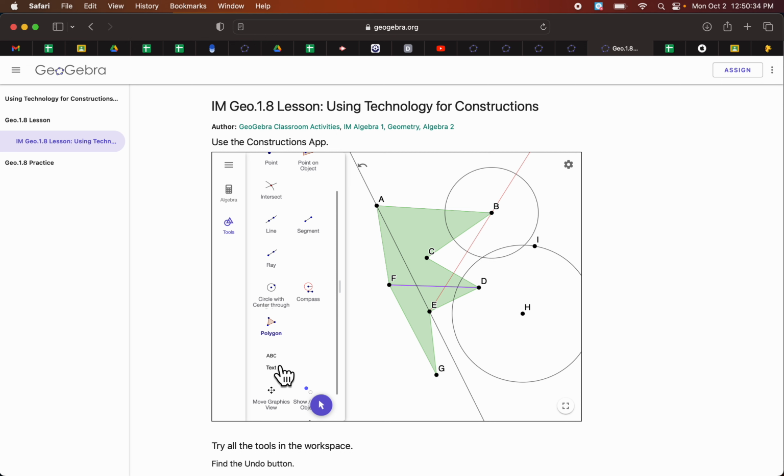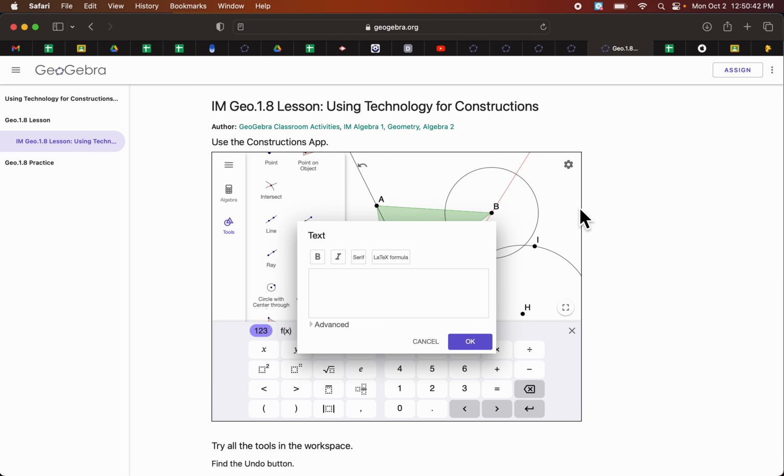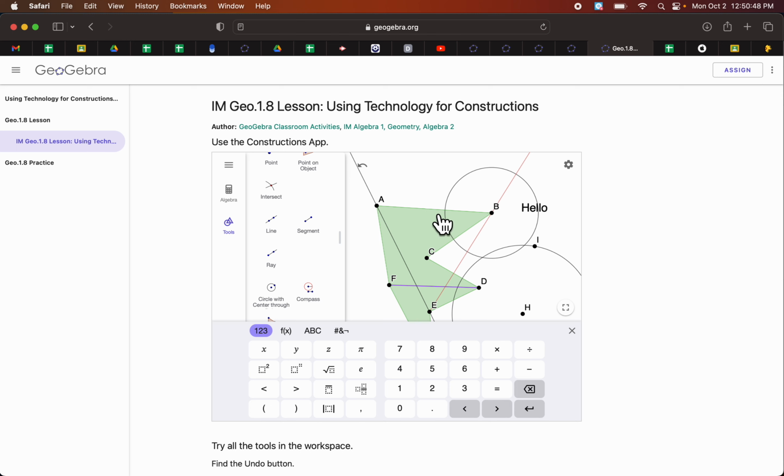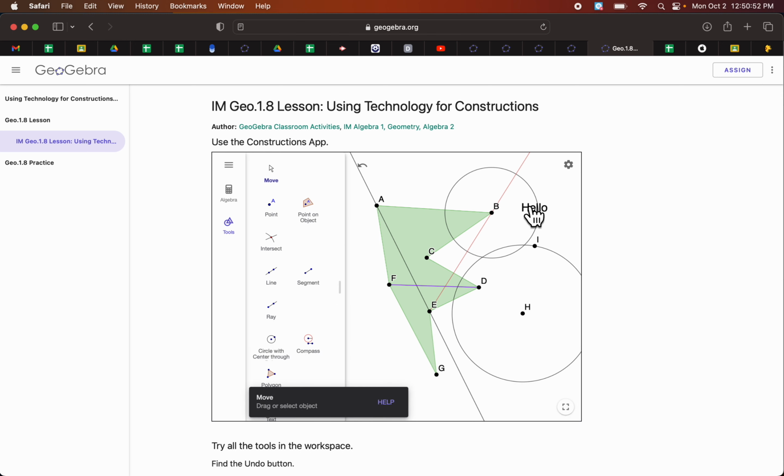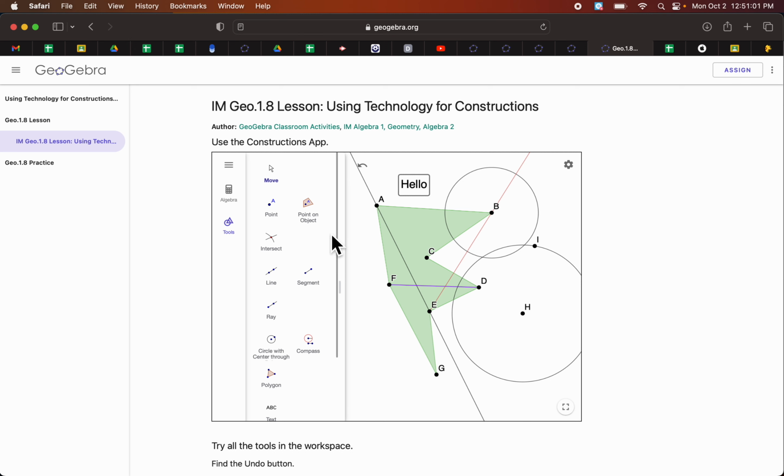The text tool down here, you just click on that, and you say, okay, I'm going to put something right here, and it says, what do you want to put there? I'm just going to type hello, and I hit OK, and there's hello. Now, if I don't like where that is, I can grab the move tool, and I can just move it around, and I can be like, oh, there we go, ta-da. Okay, so then we have, let's see,